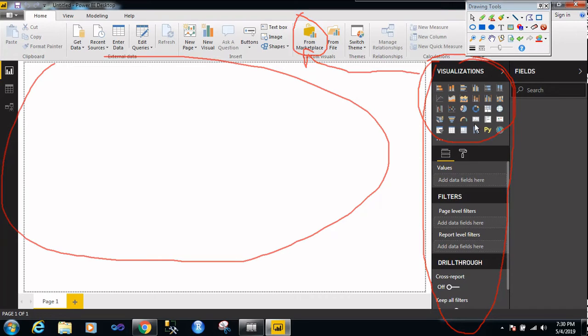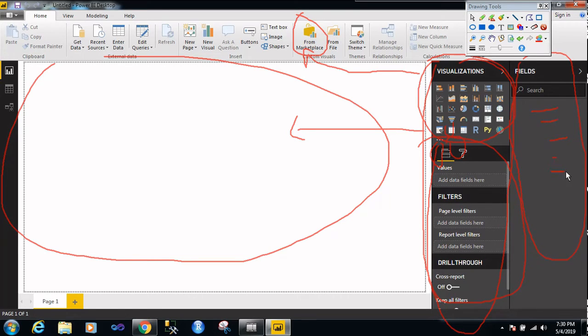If you take a visualization and drag it here, and you want to play with the properties, like increasing the font size, you can choose these two options, which set the properties of the Power BI report. These are fields. Whatever source you import into Power BI gets added here.